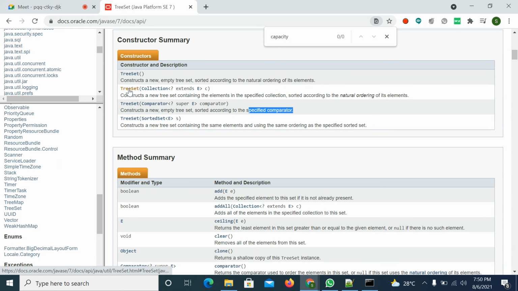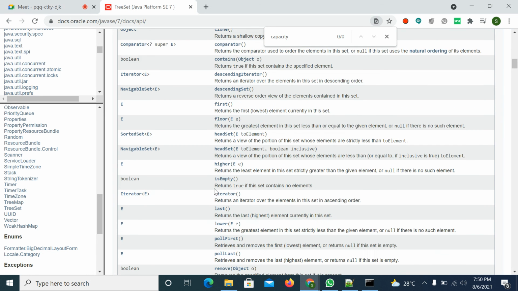So one way you can create a tree set is by using an existing collection object. Another way is by using an existing sorted set interface. In these four ways you can create the constructors. Anyhow, there are so many methods.